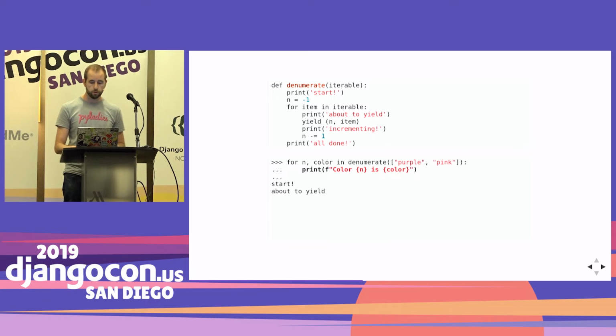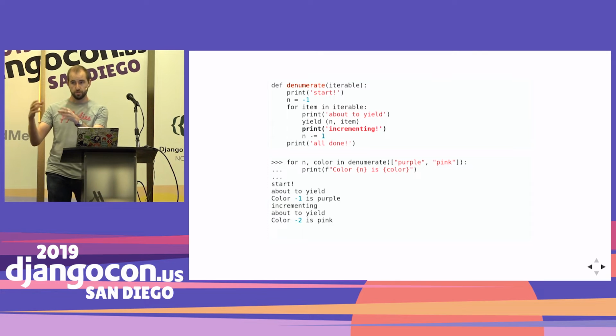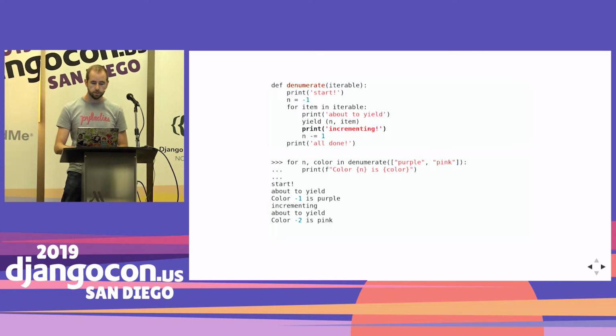Then we execute the body of our loop, which will print something out, and then we will ask the generator for its next item, which will start it up right where we left off, right after that yield. So it prints again, and then it gets to another iteration of its loop, which prints again, and then it will yield again, which puts itself on pause again, gives us another tuple back in our loop. So we execute the body of our loop again, which will print something out, and then again we ask the generator for another item. It again starts looping right where we left off, right after that yield, which will print,